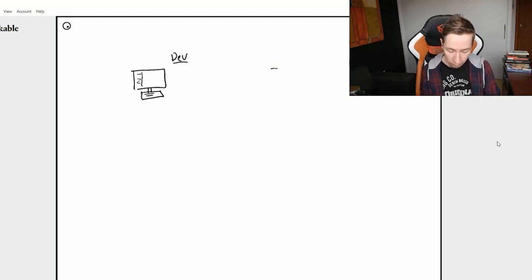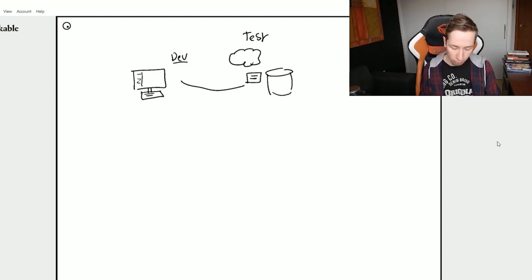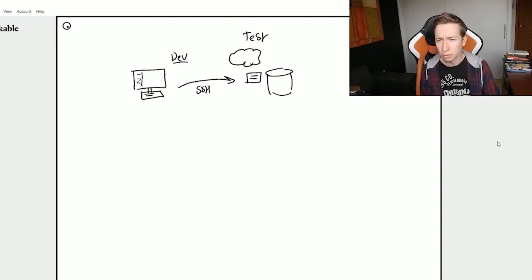And then we have our server and database in the cloud. This, for example, is our test server, and sometimes we want to update the software that's on the server. So we use, let's say, an SSH connection and transfer the files to the server and restart the server, and then we have